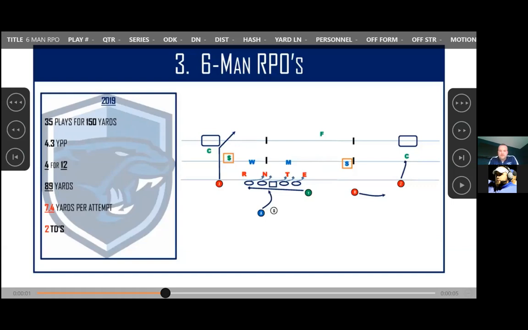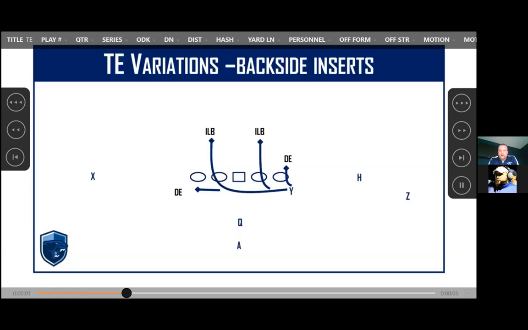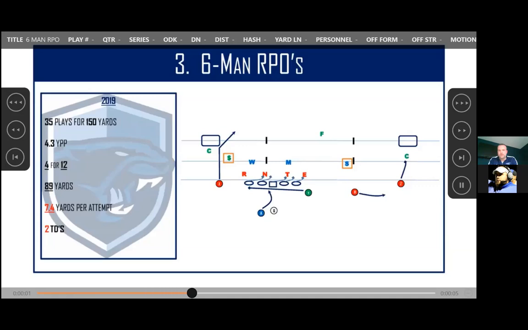But again, why do we have it? We really put it in for when this guy is getting down, especially if they're reading your split flow RPO. Now, when we talk about split flow, our tight end's always going to be backside, but we have a call to put him on the backside DN and just look like he's inserting with the zone. We have a call where he will fold inside to the linebacker. We have a call where he will fold to the other linebacker, and then we have the call where he'll just come across and kick out. So we have 4 variations for our tight end, and we'll call any of those, and they'll pair with that post route or whatever route you want.